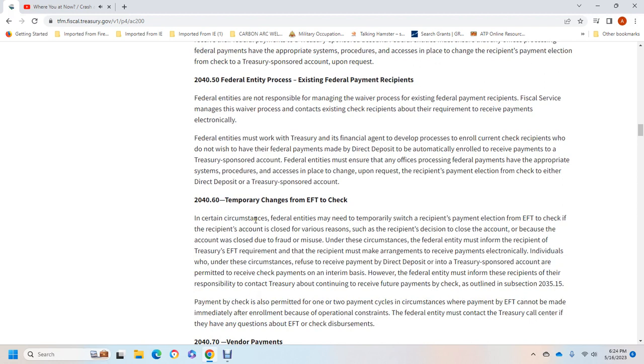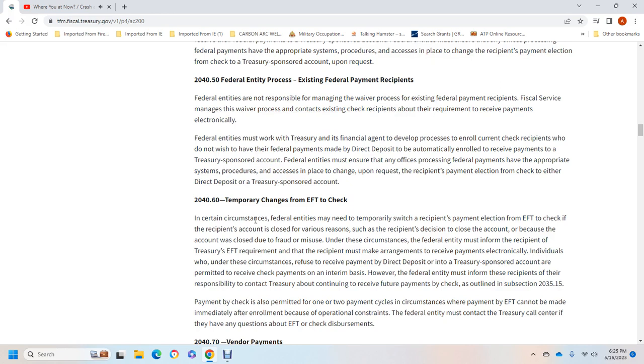Alright, 2040-60, the temporary change of the electronic fund transfer to check under certain circumstances. A federal entity may need to temporarily switch the recipient payment election from the electronic fund transfer to check if the recipient's account was closed for various reasons: the recipient's decision to close the account, or the account was closed due to fraud or mischief. In these circumstances the federal entity must inform the recipient of the Treasury